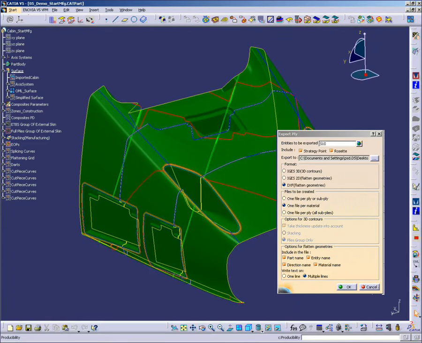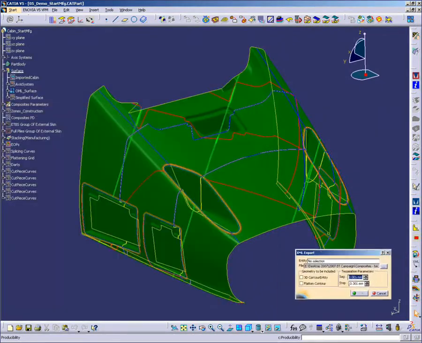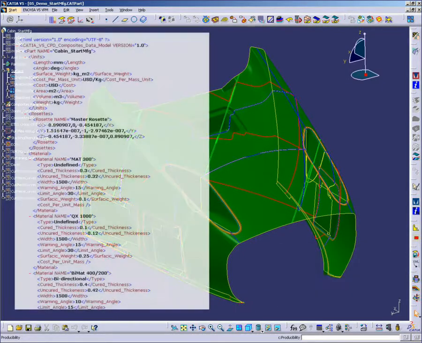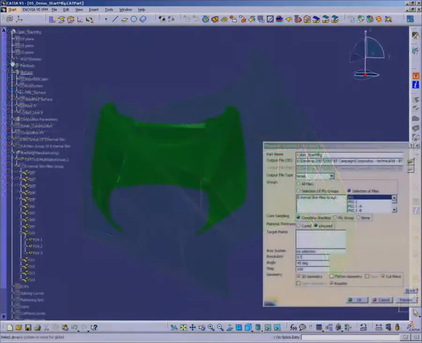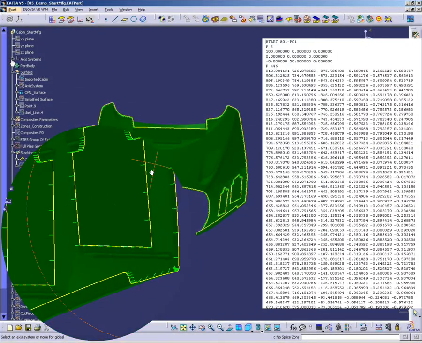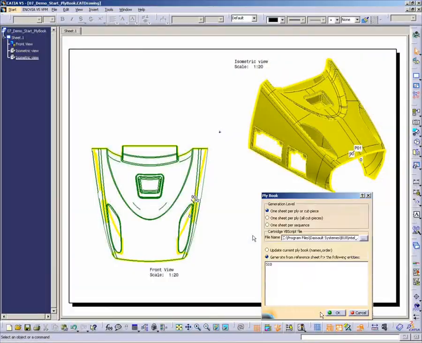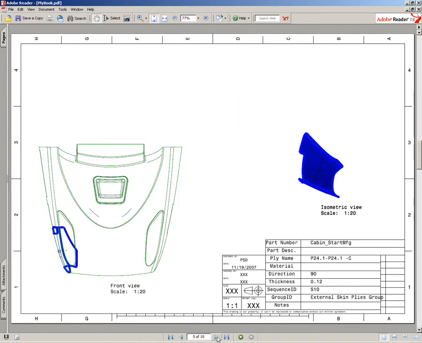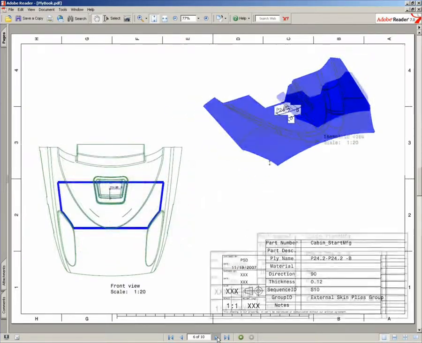Downstream operations for hand layup include the export of CPD data to neutral DXF, IGES, and the generation of laser projection data using Majestic Systems True Laser View solution. A drawing-based playbook can also be generated with all relevant information for reuse as shop floor documentation during the layup